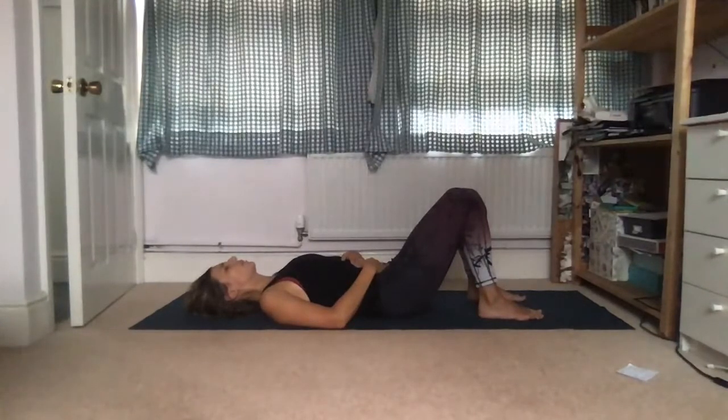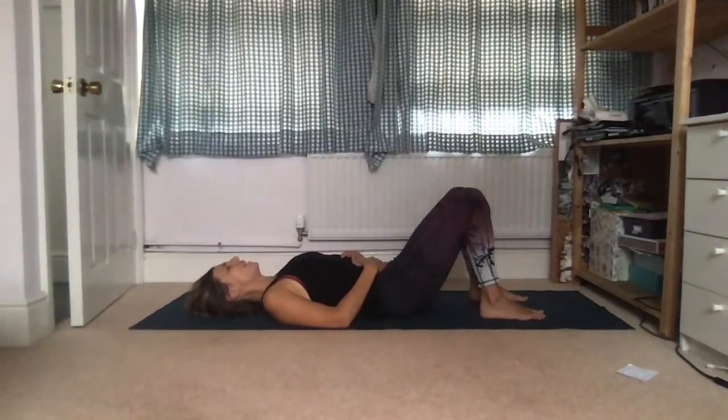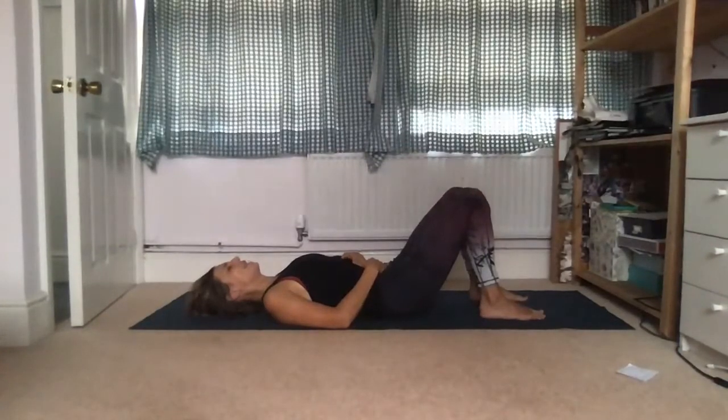Lovely. So you've made good contact with the front side of the body, I'd also like you to really feel your pelvis in the ground and your tailbone. So you may want to just wriggle your hips slightly or lift them up and lower them 1 millimeter or 2 down the mat and feel the lower back release into the mat. So this connection with the mat is really important in any of the seated asana that we come across now. Asana is Sanskrit for posture,